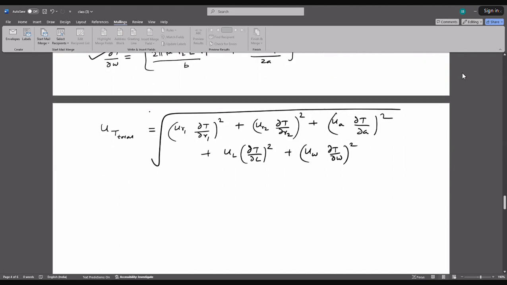So if we substitute all the values, this is